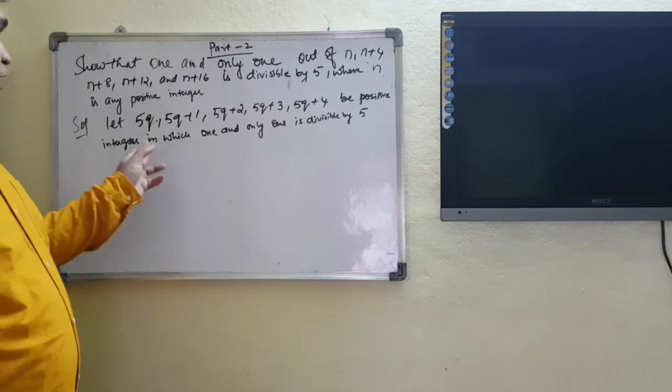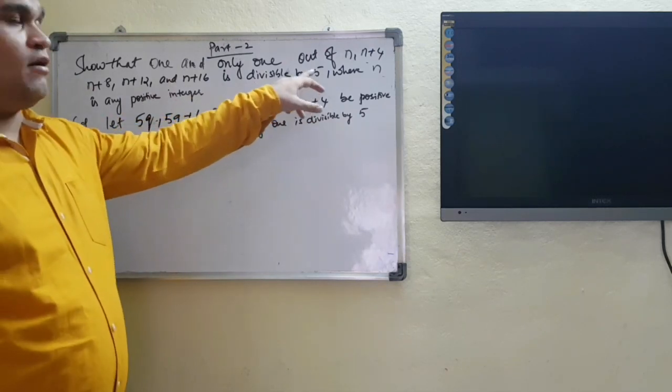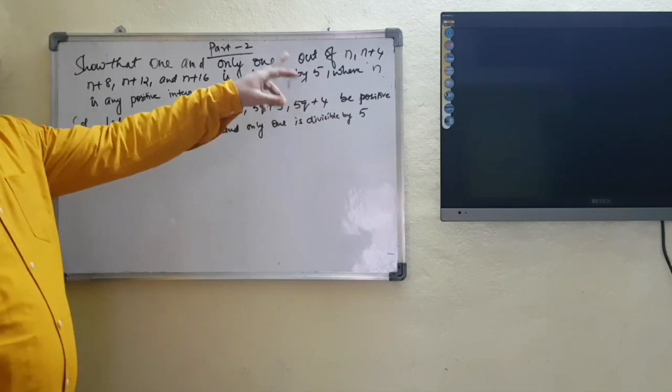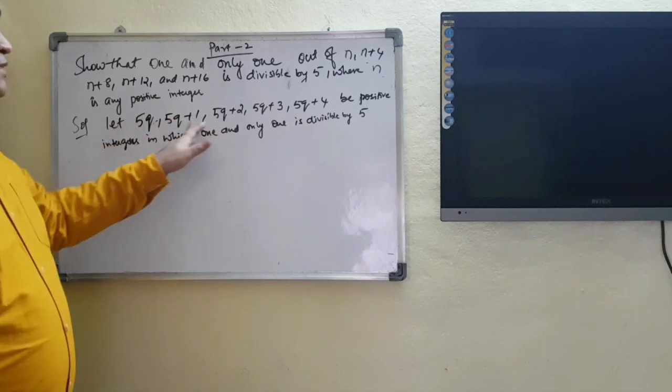Why am I considering 5q and all? Because we need to prove that it is divisible by 5. Any one of them will be divisible by 5 in the above condition, where now all these terms,